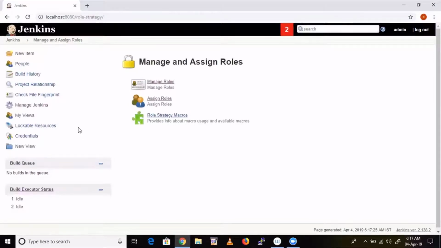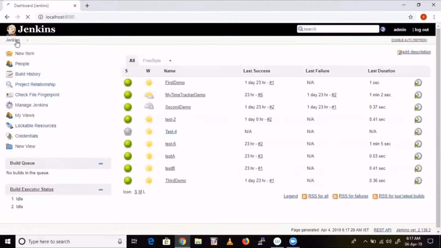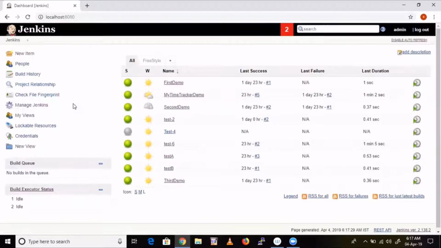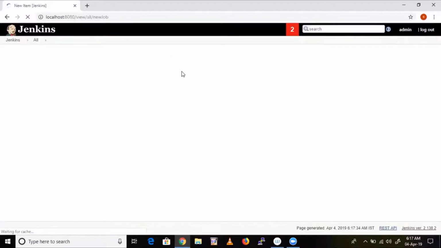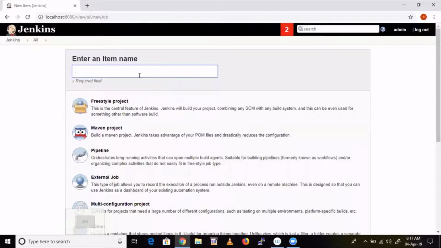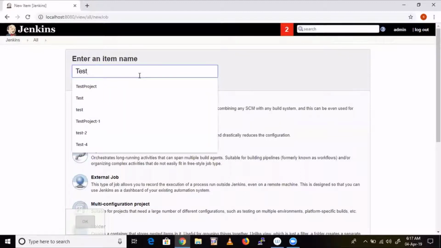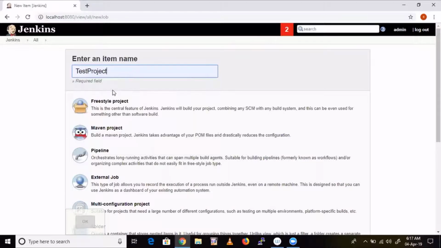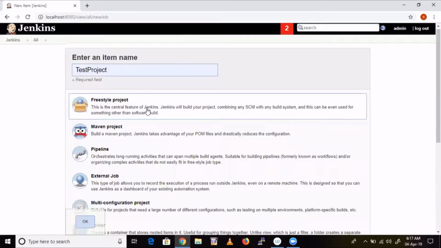Okay, now see, guys. Now go back to Jenkins. Now let me create a new job. New item. Test, you can use any name after test. Test project, freestyle project. Click on OK.